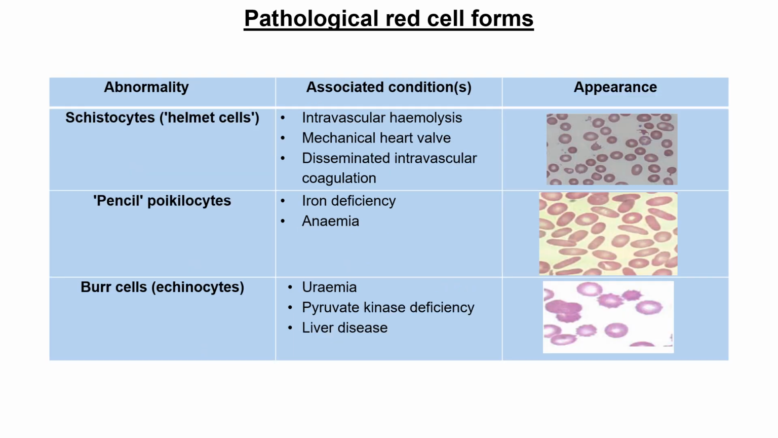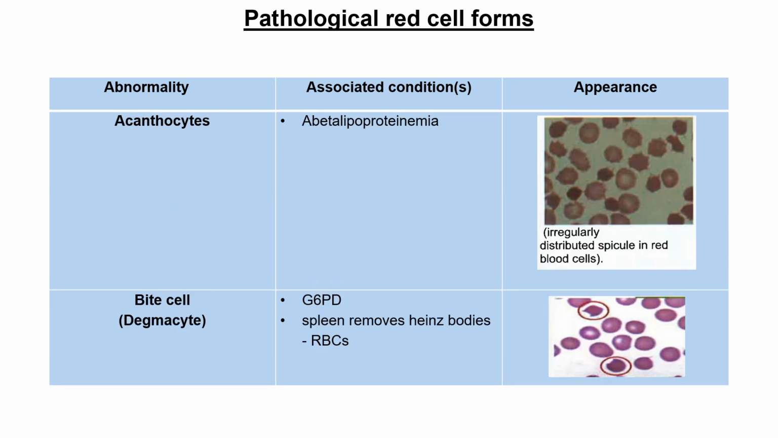Schistocytes or helmet cells are commonly asked scenarios in the MRCP exam. They occur due to DIC, mechanical heart valves, and intravascular hemolysis. Iron deficiency anemia can cause pencil poikilocytes. Uremia, pyruvate kinase deficiency, and liver disease cause burr cells. It is an exhaustive list, but it is important to remember these